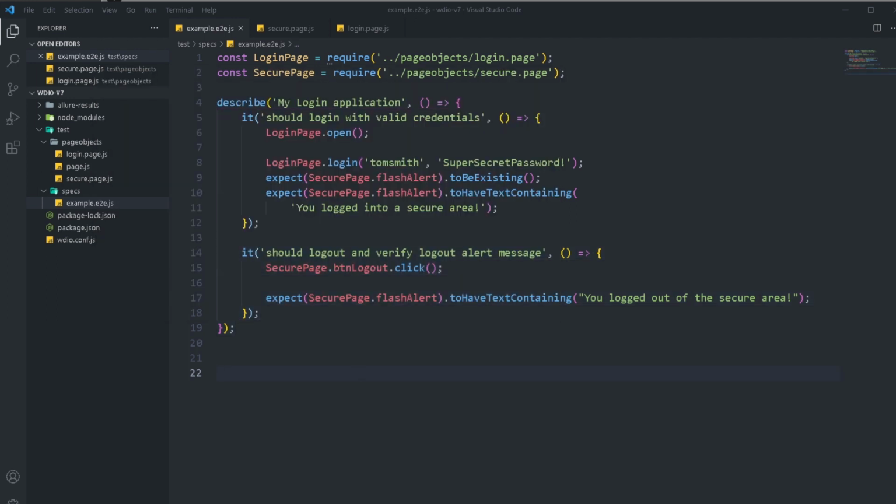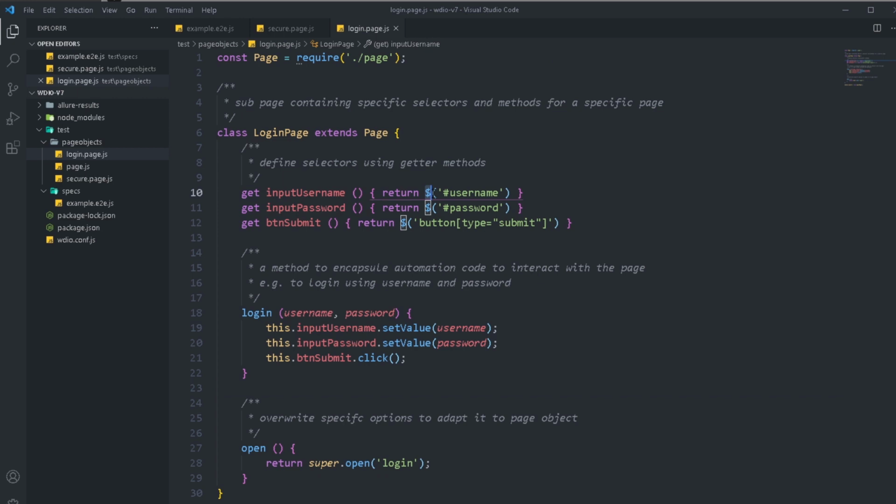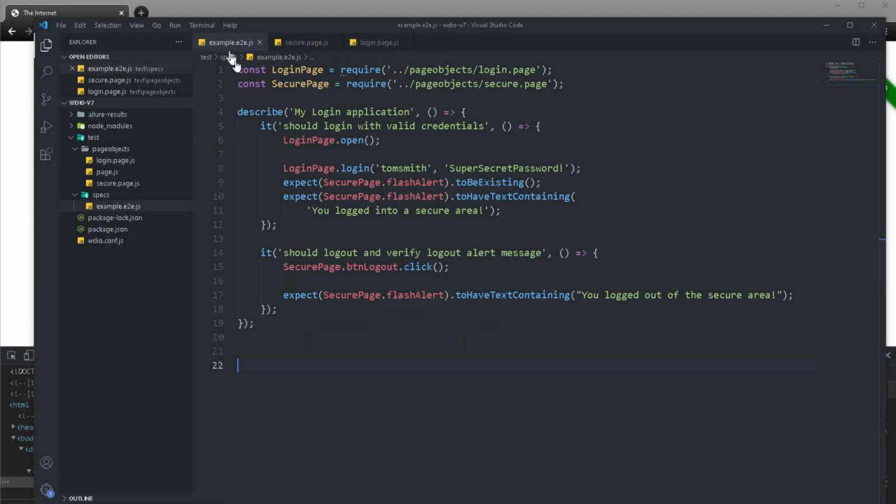So far we have created our own test from scratch, and we have also implemented page object model for that particular test. So if you remember, when we were interacting with this element, we were using the single dollar right over here. So we're using the single dollar, which was finding the element, or basically the individual element. So it goes in, it finds that individual element, and then we go ahead and do whatever action we want to do after that. So whether that could be clicking on that button, whether that would be setting a value to type something in. But let's say if you are interacting with multiple elements, what would happen at that point? So let's take a look at an example of that.